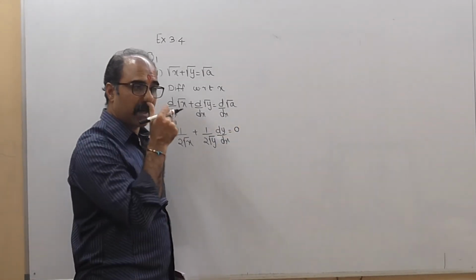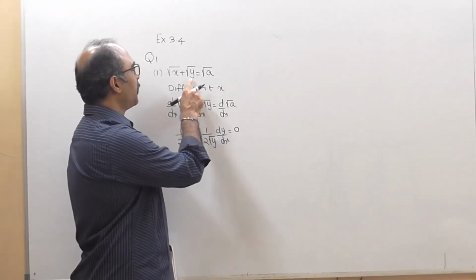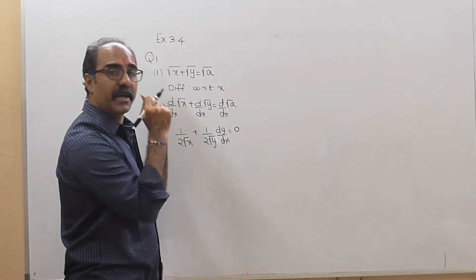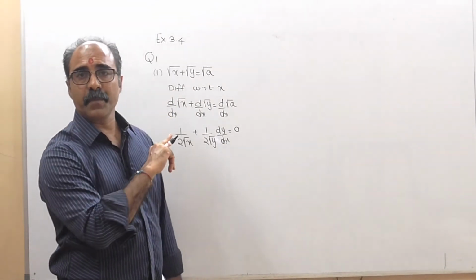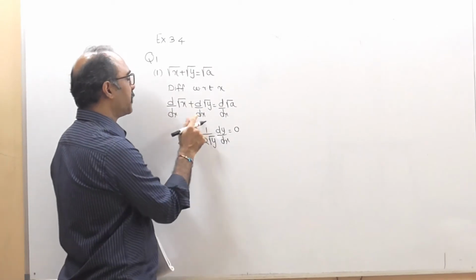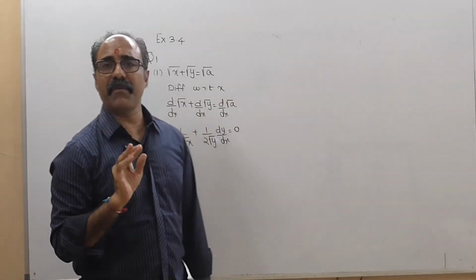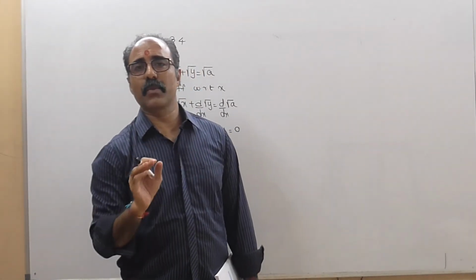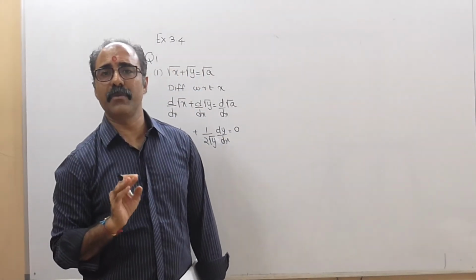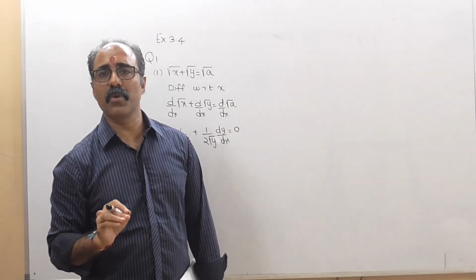Implicit function basically implies that you are not able to segregate the sum as y equal to. It's not impossible, but it is a very difficult thing to segregate and frame the sum as y equal to something. So you directly differentiate. Since we are differentiating with respect to x, the derivative of x will be normal. Like x square will be 2x, log x will be 1 upon x, e raised to x will be e raised to x, root x is 1 upon 2 root of x.